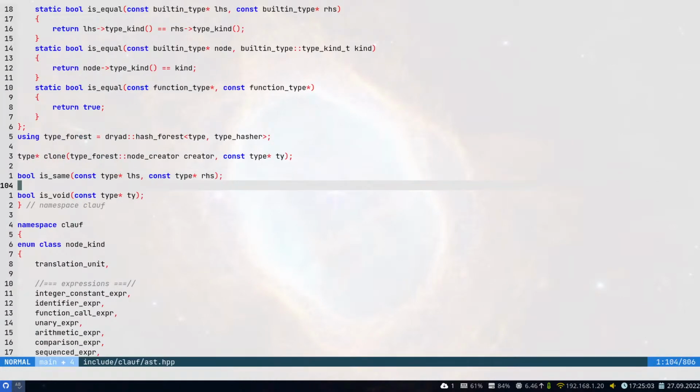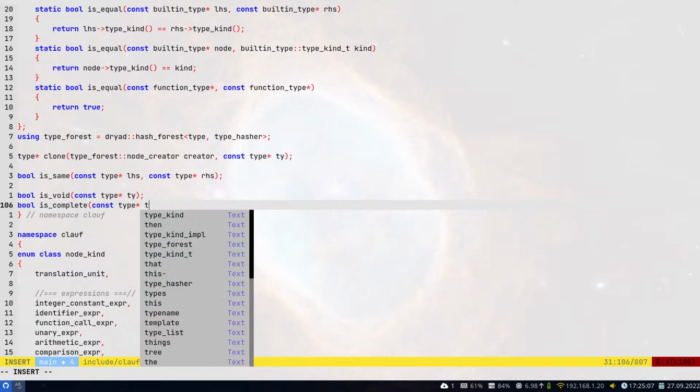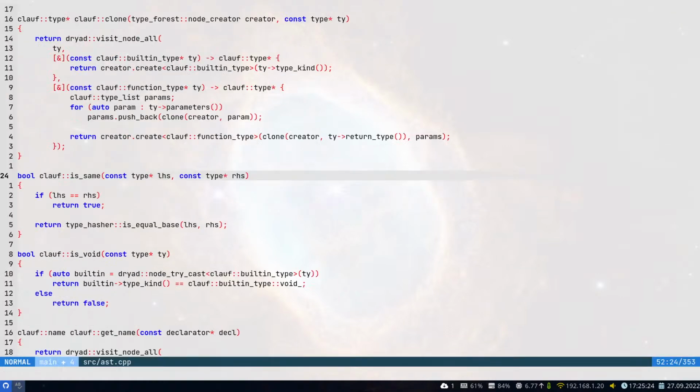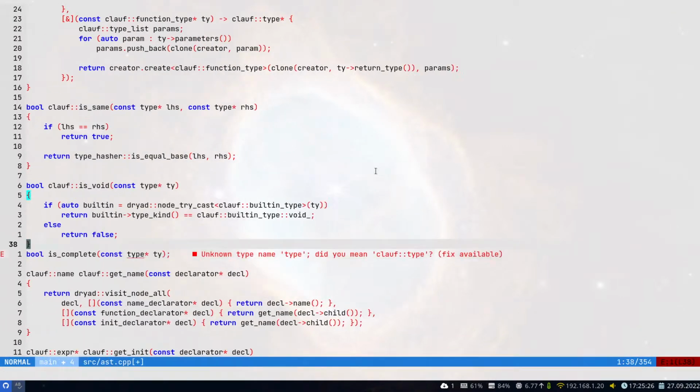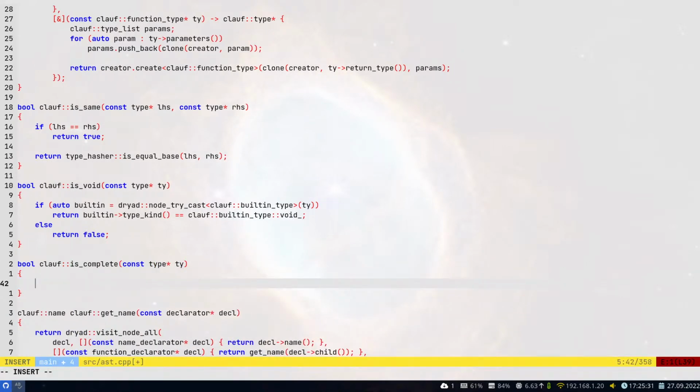For now, I will just add a function is complete. We probably would need to change that at some point, because whether or not a type is complete can change throughout the program, right? So when you just declare a struct, it is incomplete, but then when you later define it, it is complete. So this simple predicate probably doesn't work once we go there, but since we don't have structs, it is fine. And then we say